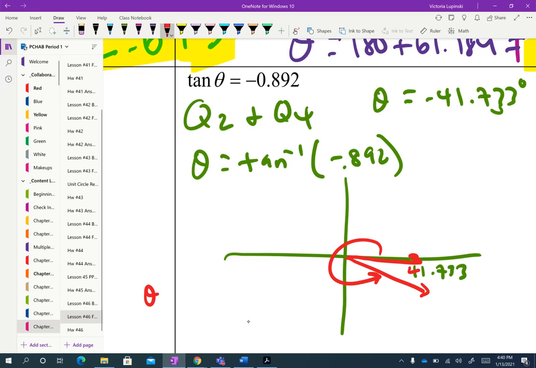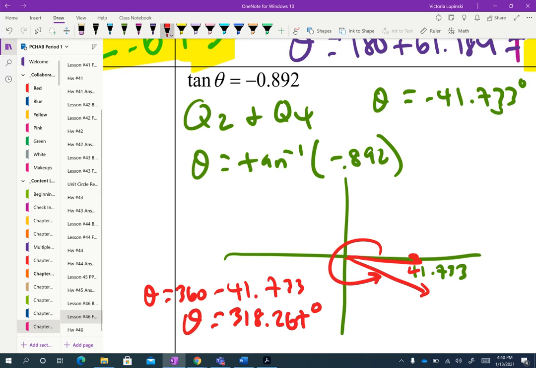Well, I'm going to go ahead and subtract from 360, 41.733. That's going to give me one answer of 318.267. Then, of course, there has to be a second answer. The second answer has to be in quadrant 2. What I know about the answer in quadrant 2 is that it has to have the same reference angle of approximately